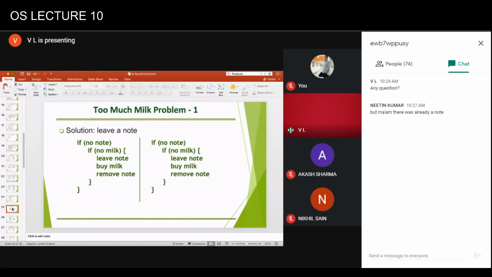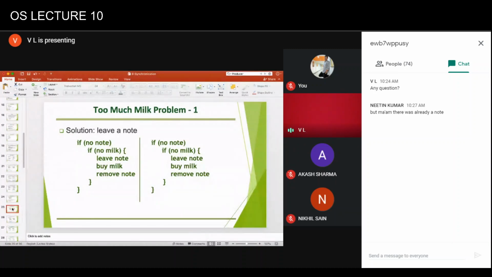Okay, so let me rephrase the question. The first friend comes, checks there is no note, and there's no milk. And let's say he wants to leave the note, but he doesn't have the pen. So he goes into the room. The second friend comes, he finds there's no note, there's no milk, and he also wants to put a note, but he also goes to get the pen. And let's say both the friends put the note, but they do not watch each other. So one of them is putting a note on one side of the fridge, and another one is putting the note on the second side of the fridge, and then they go independently. So this can happen.